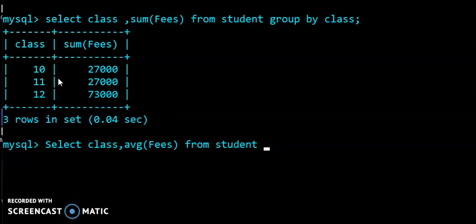and here I want to access only the records of class 12. So I have applied the condition with the use of the where clause. So where class equals 12, group by I want to apply again on the class column.